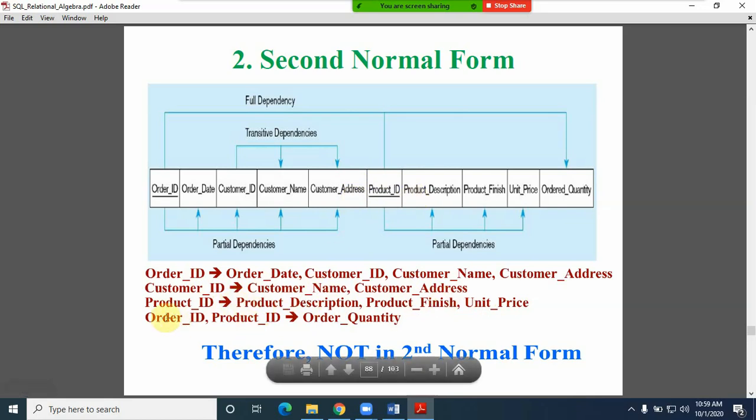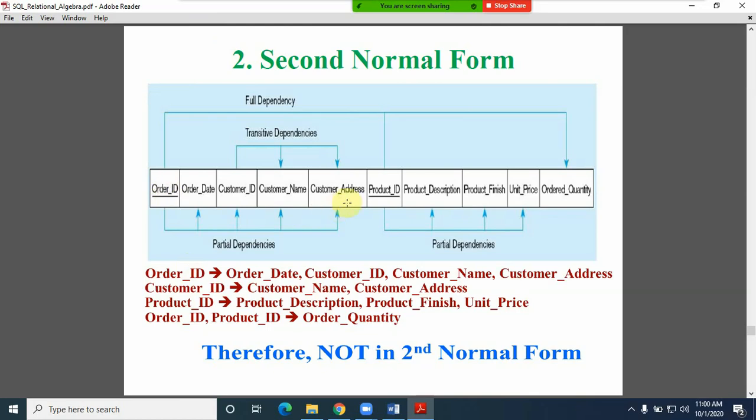Now together, if I am considering order ID and the product ID as a composite key, order quantity is only depending on this kind of thing, friends, which is order ID. Remaining all, so therefore obviously order ID, customer ID, product ID can be individually identified. Together, if I am considering order ID and product ID, except this order quantity, all are partially dependent. If any partial dependencies are there, then we can say the table is not in the second normal form. Again I am repeating, friends, no confusion, very simple.